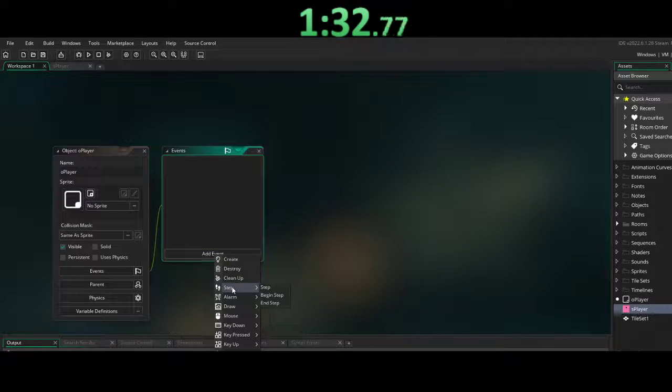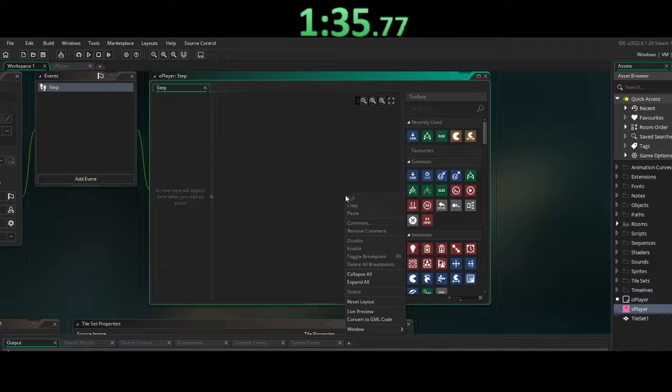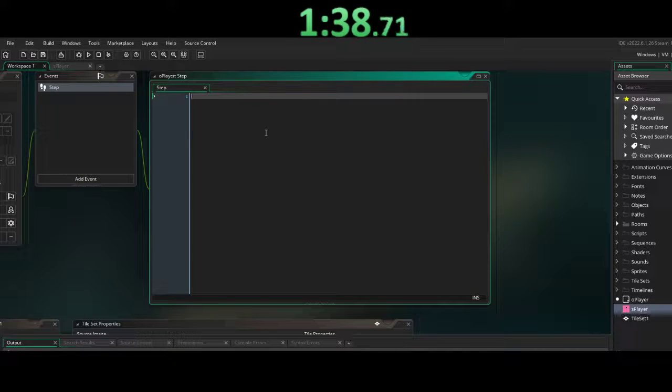And now, step events, HTML code, if keyboard_check_pressed or W. This checks if you click W, or this. I'm not too smart at it, but it doesn't matter if keyboard_check_pressed, because if